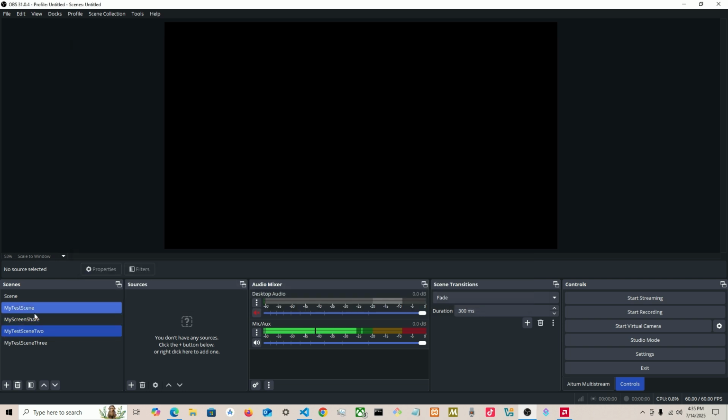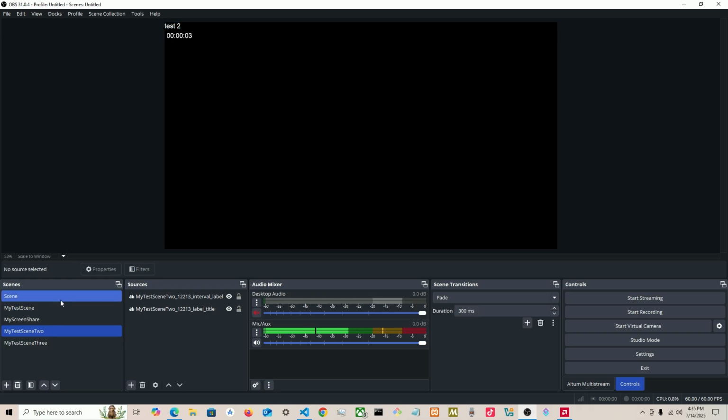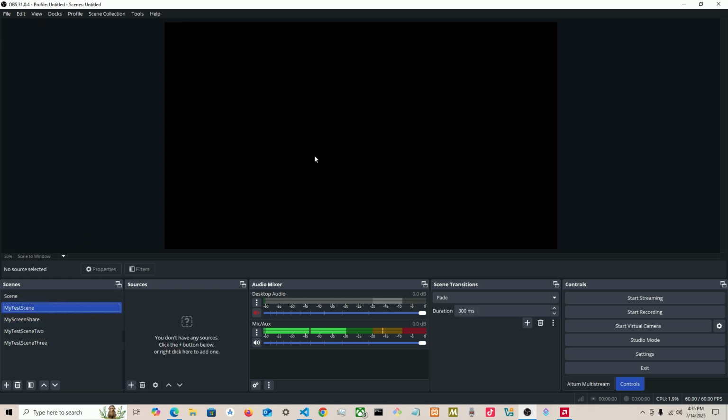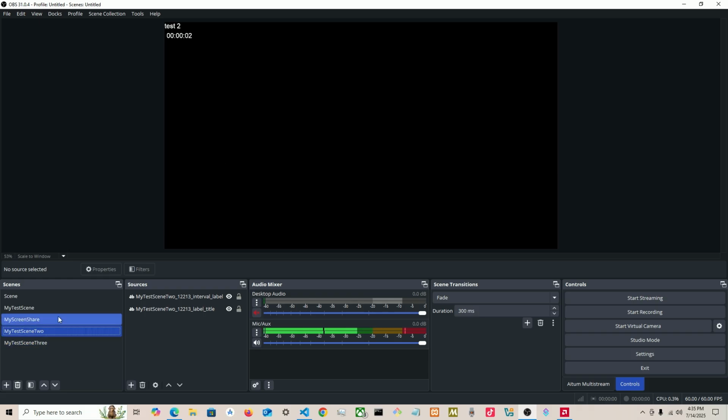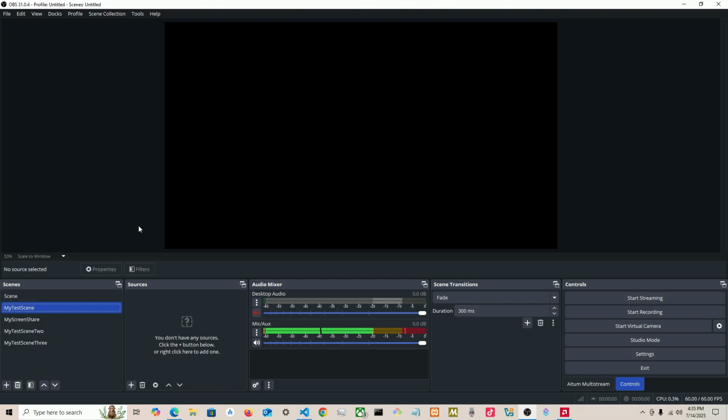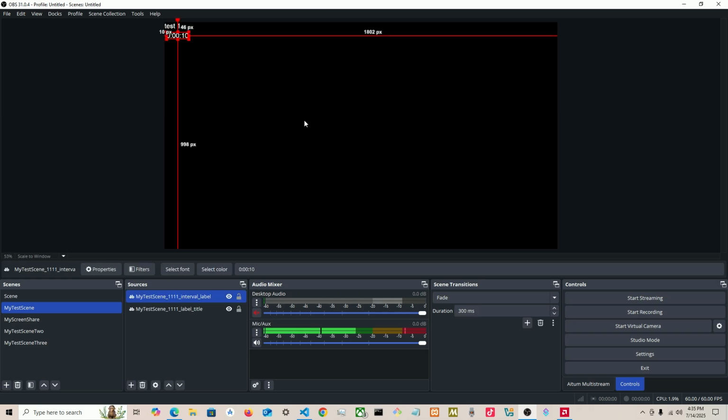So now I'm going to go to test. I'm going to stay on test 1 and press Control A. You'll notice test 1 is running, but if I switch to my first scene, notice nothing is running here. And if I go back to this one, you will see this one is also not running, because when you switch to a different scene, the event that was previously running will also be terminated. So you have to go back here, and then if I press Control A again,